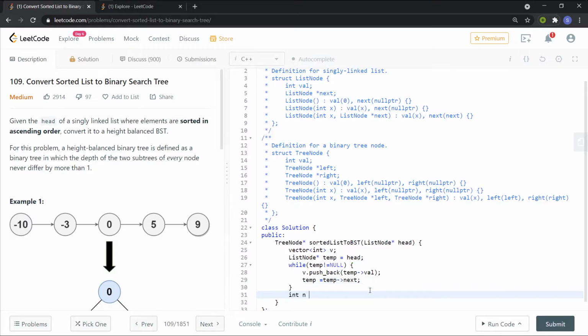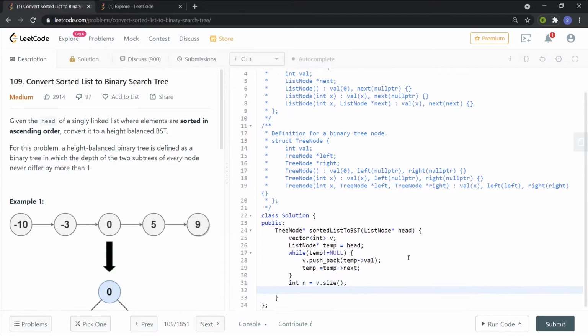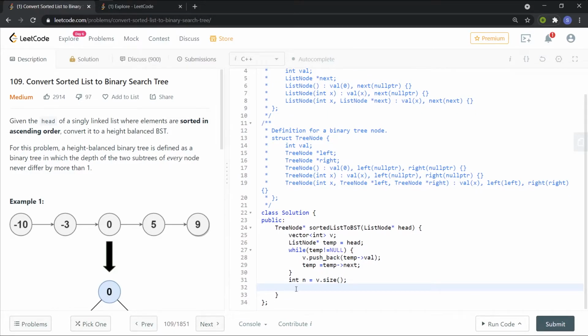So let me also define that size. This will help us to find the value of the right index. So now what we need to do is define the answer, the data type is tree node. So I am creating a tree node answer, and I'm assigning ans equal to a help function.